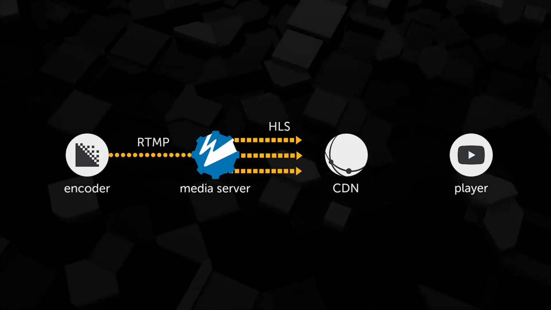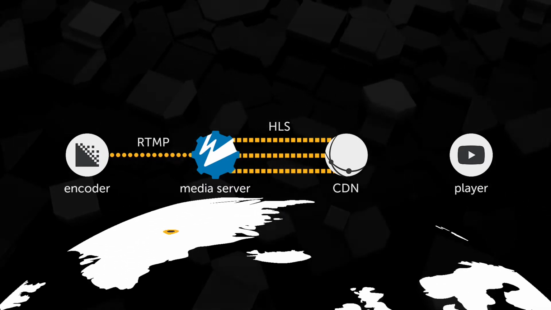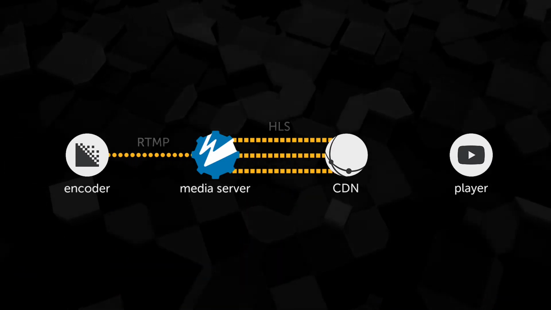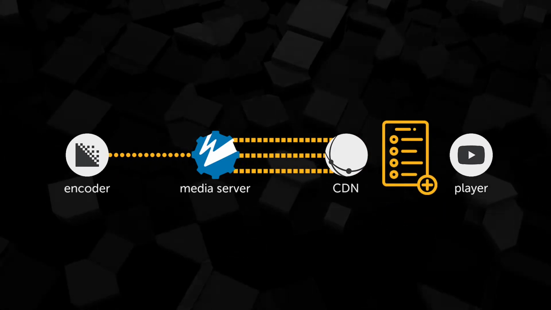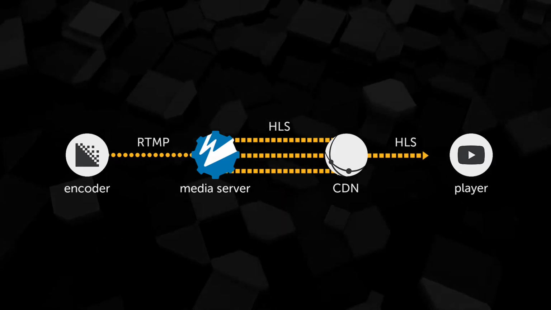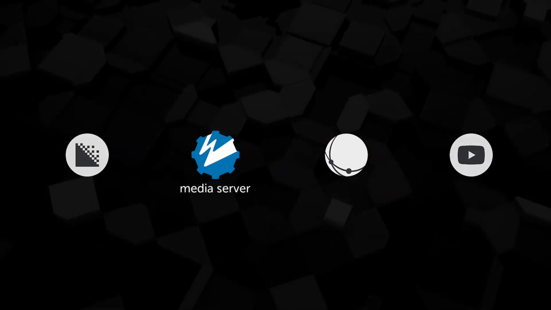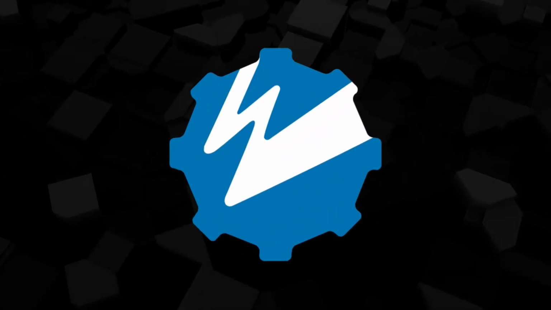These all get streamed to a content delivery network where they're then cached for faster distribution around the world. For players to stream the live video, they first request the info from the CDN about the stream, and then once they have the info, they then request the specific playlist for the stream that works best for their network conditions. Now, when it comes to choosing the HTTP live streaming tools, the media server is the best starting point,